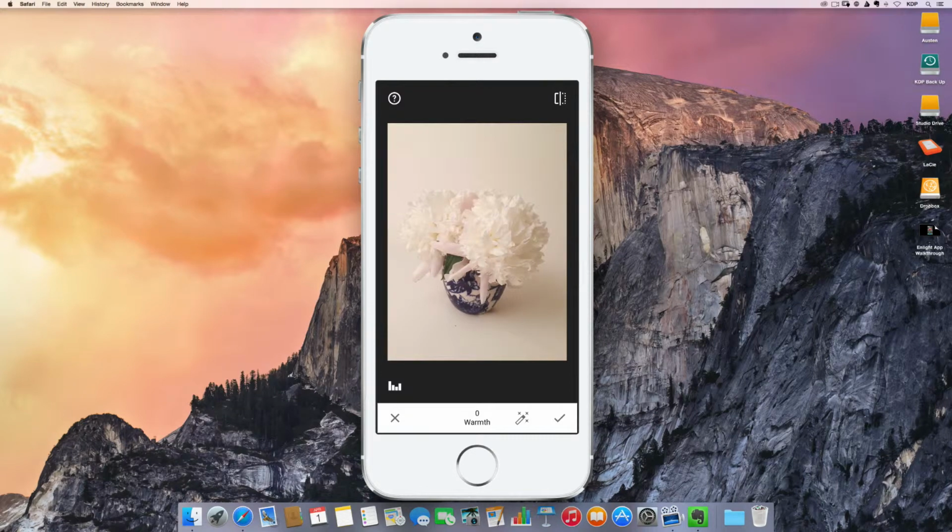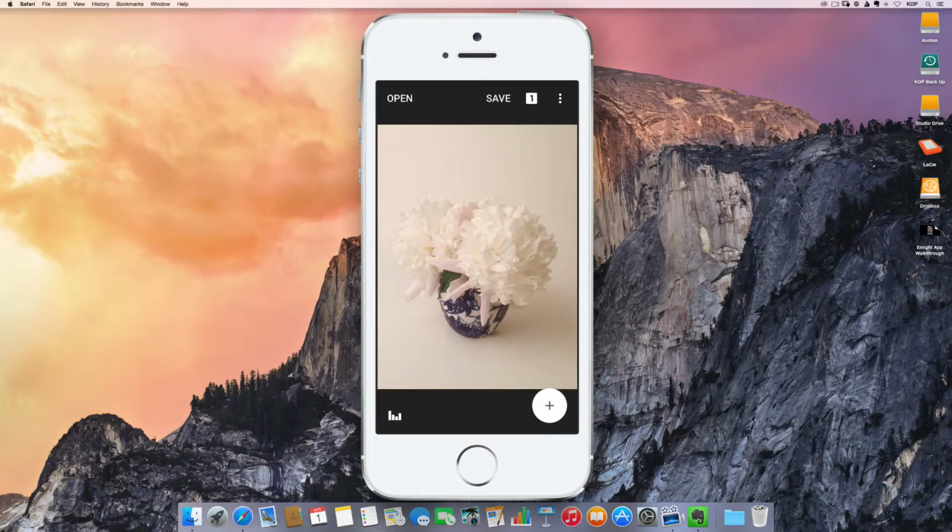And then we have our warmth, which will add kind of like that golden glow. I am not so into that, so I think I'm going to keep that at 0. All right, so those are your kind of basic edits. I'm going to click on the little check in the bottom right hand corner to accept those